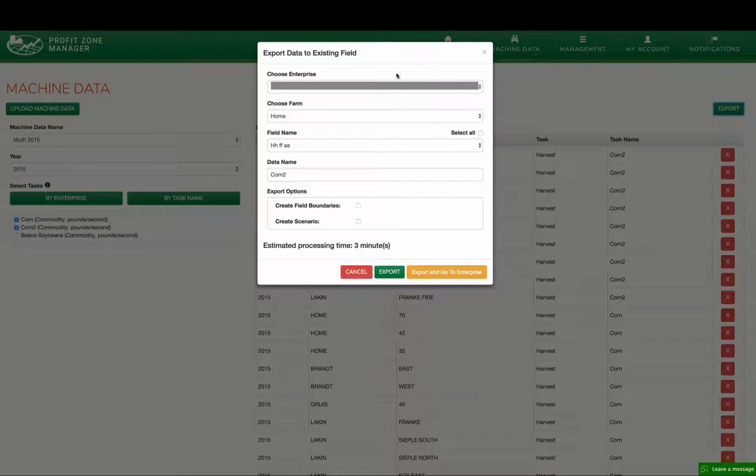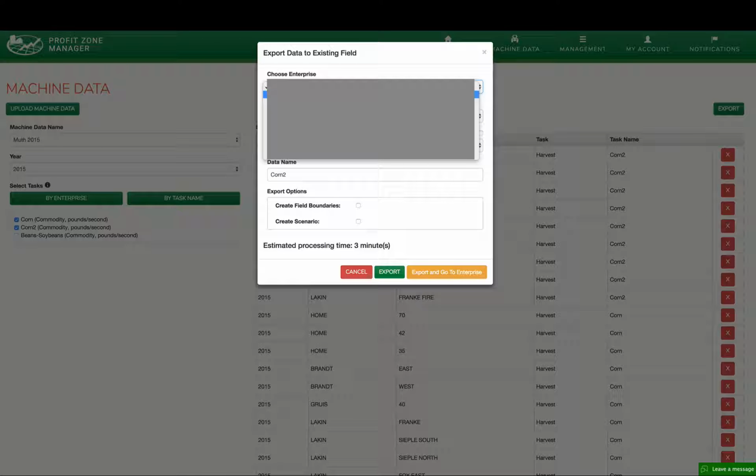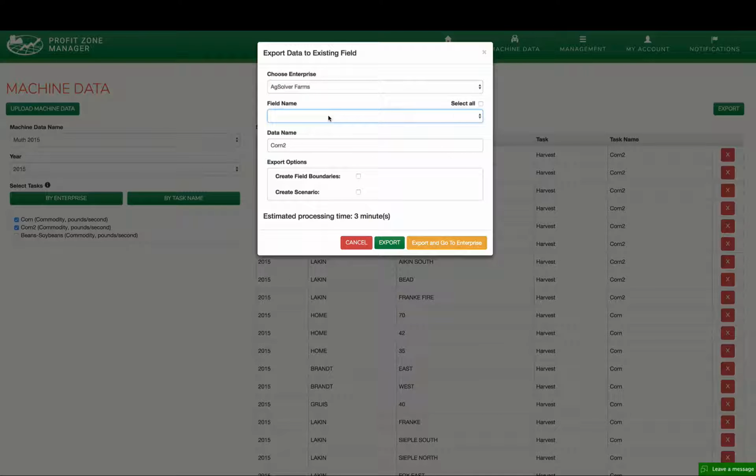So I hit that export button, and then I hit AgSolver Farms. And then field names, we don't need to populate here because we're going to use create all field boundaries. And then our new feature here, which is create scenario. So now we're going to use those enterprise budgets to automatically create the scenarios within our enterprise. So I'm going to hit export,